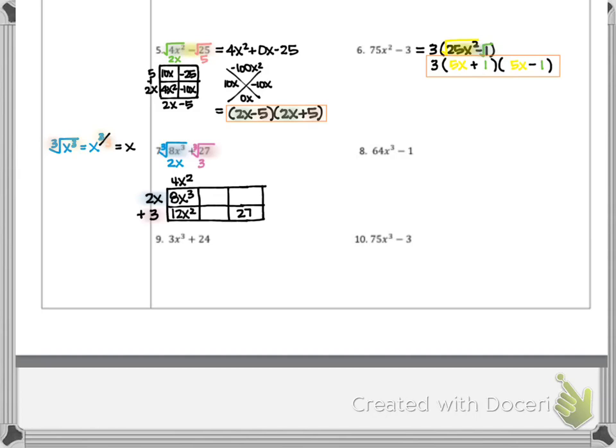Okay, so now we're going to make it work, I think is the best way to put it. We know that those two added together need to give me the x squared term. However, there is no x squared term, which means I need this to be a negative 12x squared so that my 12x squared cancels. And then I'm going to divide that. So it's negative 6x, and that's negative 18x. Okay, same idea. We know that those two together need to give us the x term. Well, there is no x term, so this needs to be an 18x. All right, if we did this correctly, this last one will work for both the 18x and the 27,